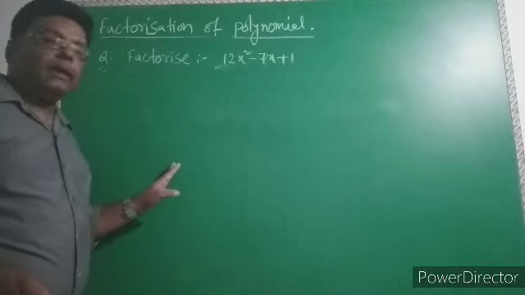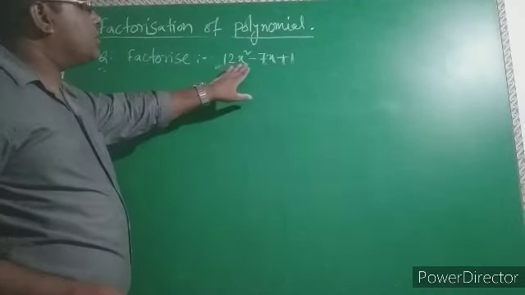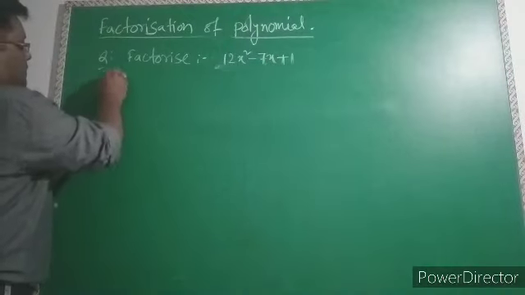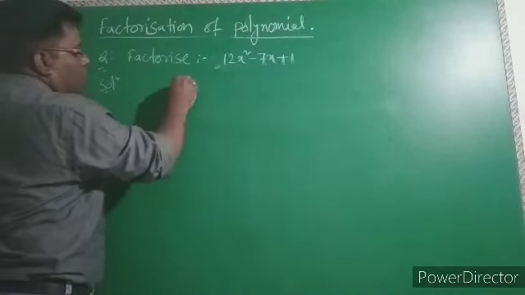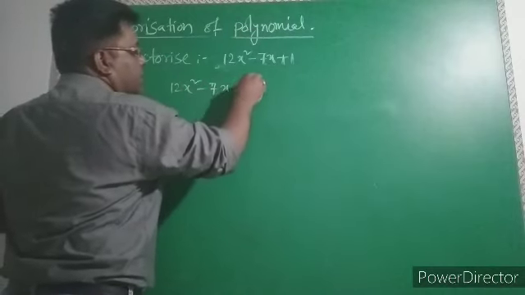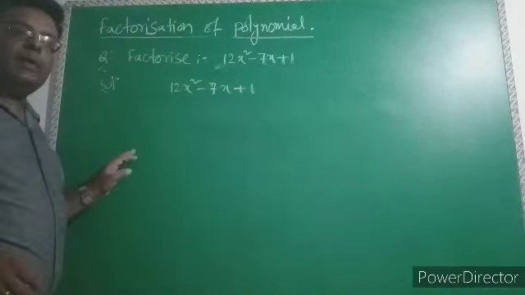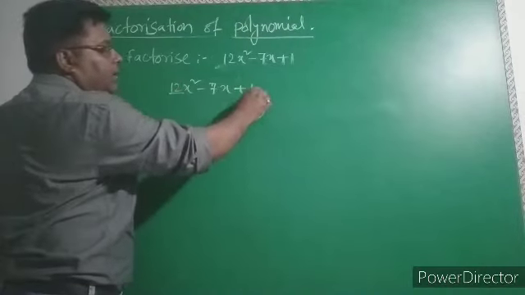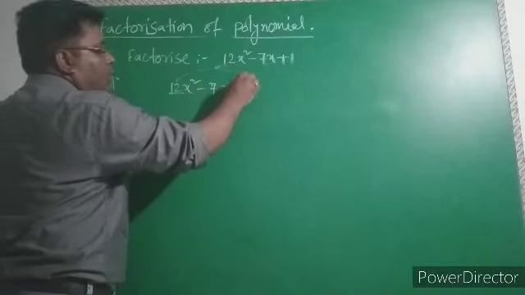We take another example. Factorize 12x square minus 7x plus 1. The solution is 12x square minus 7x plus 1. So first we have to find the product of the coefficient of x square and the constant term. So 12 into 1